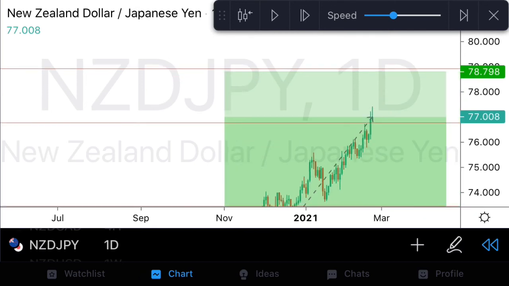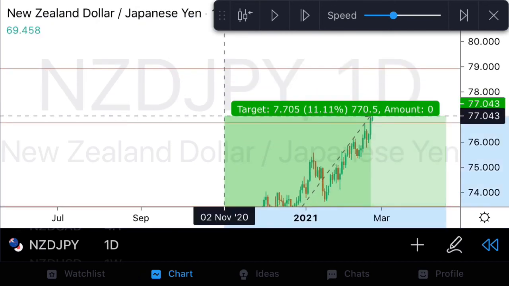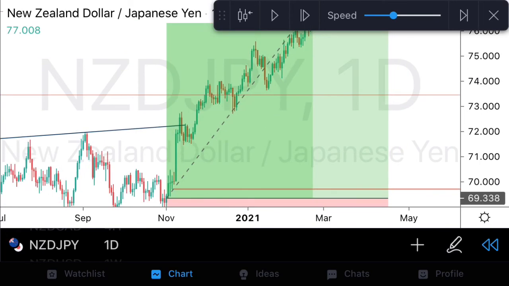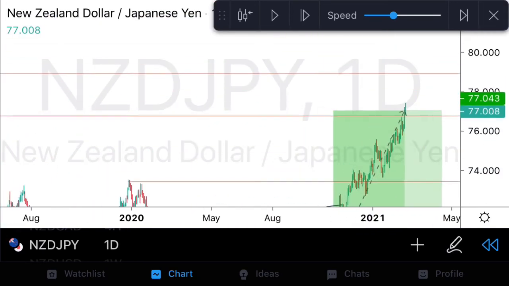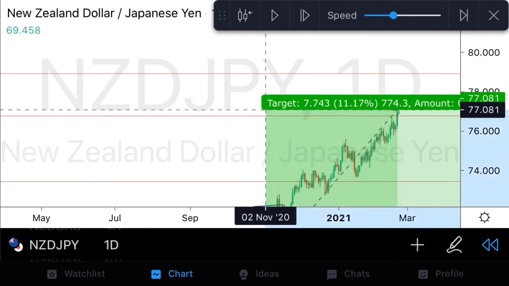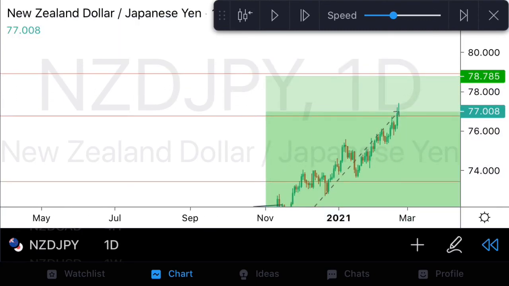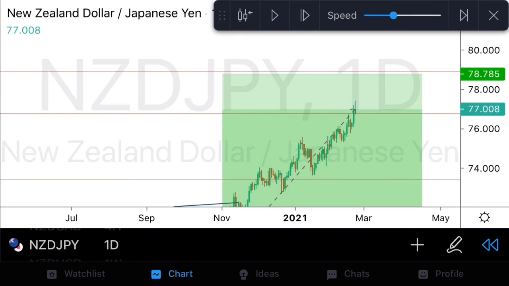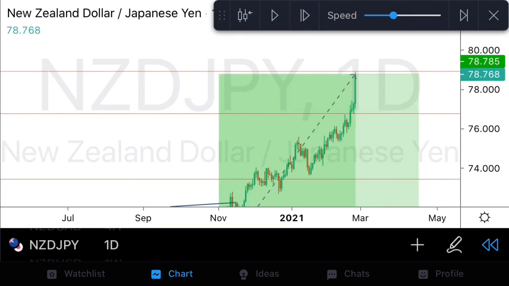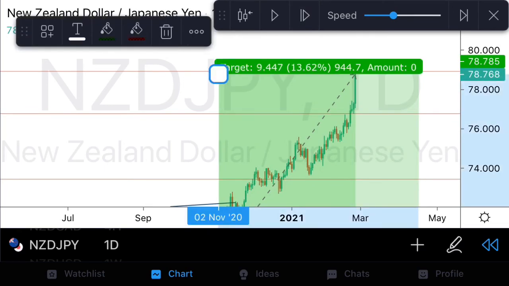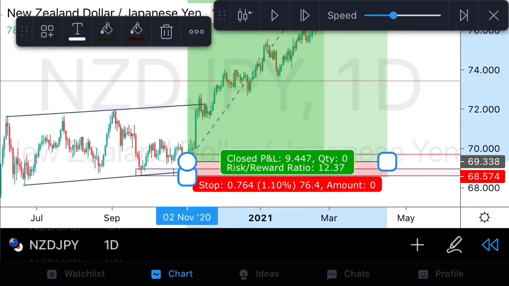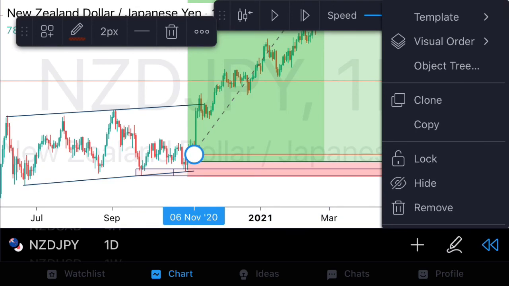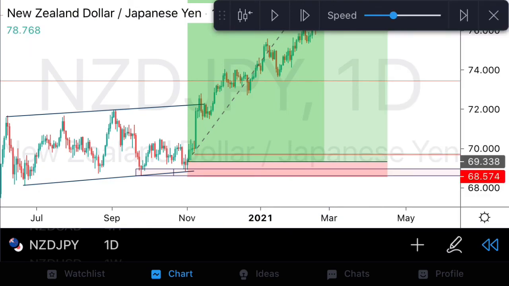Guys, we've already hit TP2. Let's see how much percent this is in terms of risk to reward ratio. That is sitting at 10% of your initial trade, and we'll push this back up to the top. Yes, guys, so I was saying that this can be a part of, oh, and there we go, we hit final take profit on this trade, guys. Now this obviously would have been a very beautiful trade. Maybe we would have managed this trade slightly differently in real life, but nonetheless, guys, the process is what I